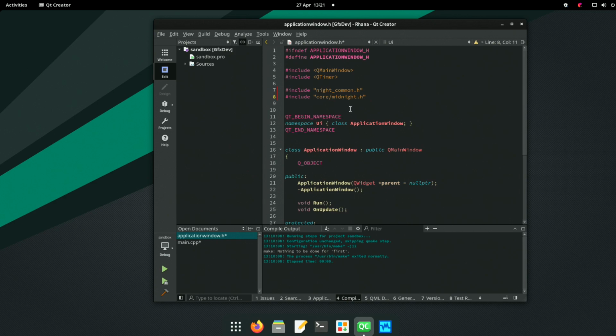Can take source off the front now. Core/midnight does not exist. Right, well, the first thing is these are wrong. This is now external. I don't like this idea, though. Lexical or pre-process issue. Okay.